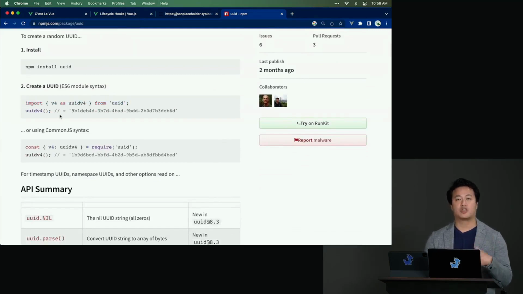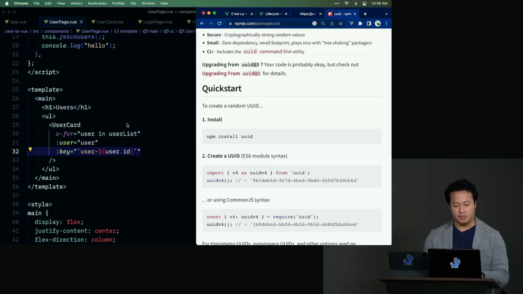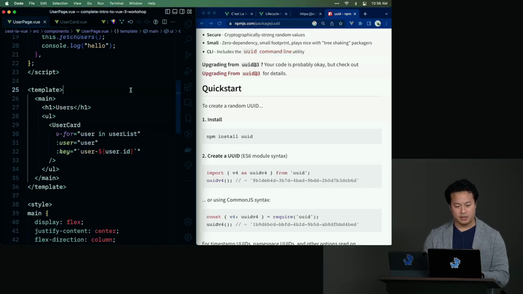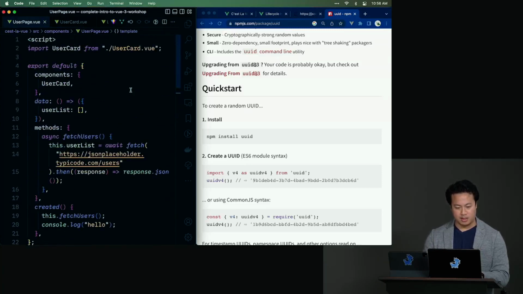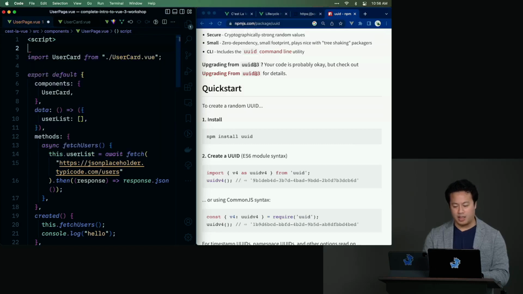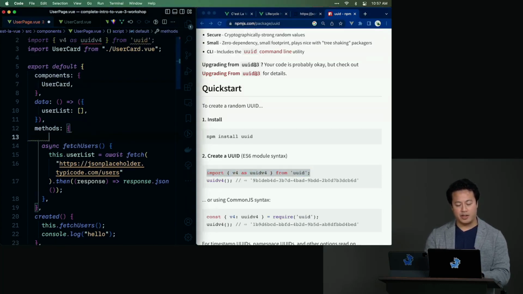Then, as part of creating the new form, this does happen a lot on the front end side, especially when you're creating new data that you might be sending to the back end. So I'm just going to pseudocode this. We're not going to install it, because that would just add to the bloat. But for the sake of demoing this, let me go ahead and add at the top here. You can imagine we would copy this line and say we're going to use the UUID library. Then, assuming we had a new method called add new user,